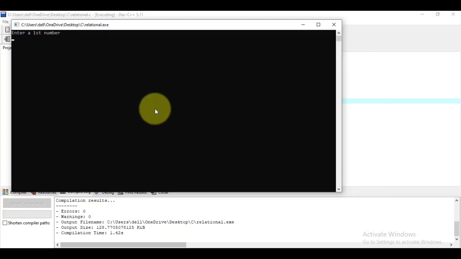Now what I am doing here, I have again compiled and executed the program, and this time I am changing the value. Here I am entering 2 in place of 5, and in place of 2 I am entering 5. So here we go, it is showing me the greater value is 5. This time the condition turned out to be false, so it is showing me the message that the greater value is 5. So this time, to the variable c it has assigned the value of the variable b.